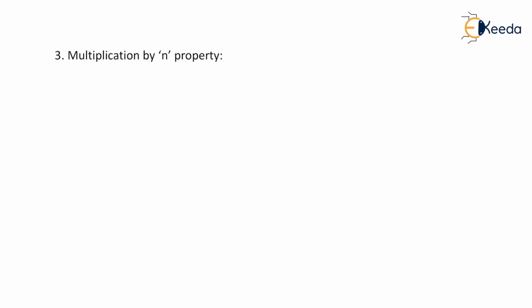Let's see the next property, that is the multiplication by n property. Even this property is a very important property. You have to just pay attention. Even in Laplace we have done such a property, and in Fourier transform also we have covered it. There, of course, when it comes to continuous time, we don't multiply by n, we multiply by t. So if you remember, in general, if you multiply any signal, irrespective of which domain it is in, by its independent variable, what happens in the other domain is differentiation.